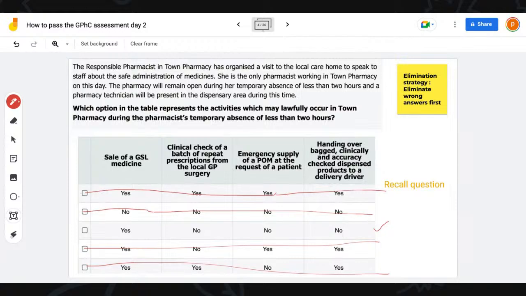So again, as I said to you, I'm not here to really test you on the question and the answer. I'm here to teach you strategies. Is this strategy clear? Give me a one. Did you guys see how quick this strategy is? We're going to use this with more questions and you'll see exactly how it works. So within a few seconds, you are able to answer questions by applying the right strategies in the GPhC exam.